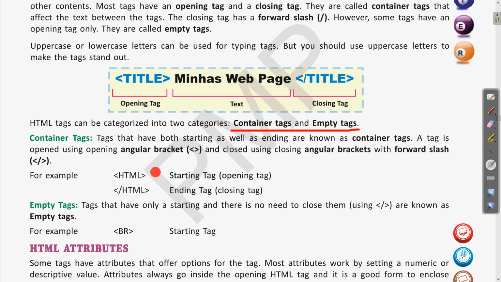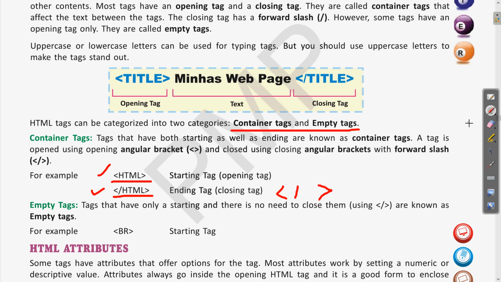For example, the HTML tag, here you can see the example. The first opening tag is without the forward slash, and the ending tag is with the forward slash. Both tags are written in angular brackets. The only difference is the use of forward slash in the ending tag.